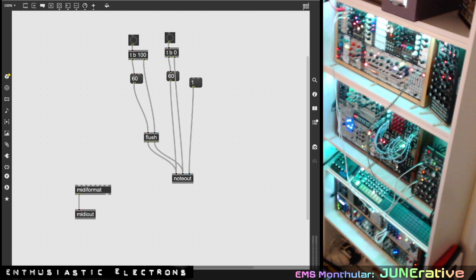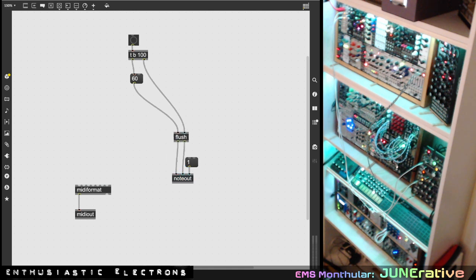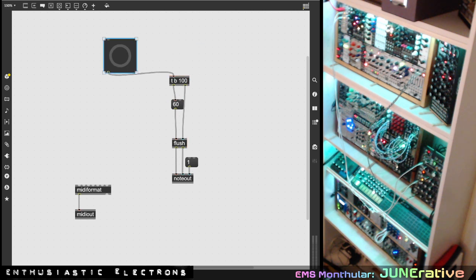Okay. Oh, a bang flushes the held notes. Okay, great. Now I know what to do. Here's what's happening. So 1 is remaining the channel for note out. That's the no coast there. The way that flush works is, when I hit the trigger here at the top, this big square is sending the message 100 for the velocity through the flush